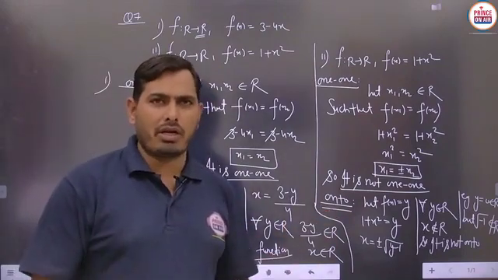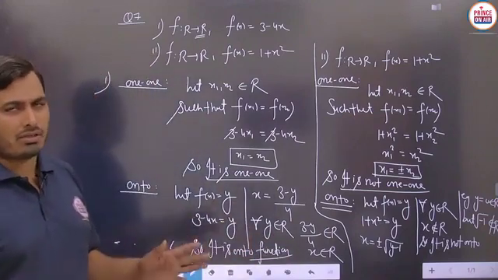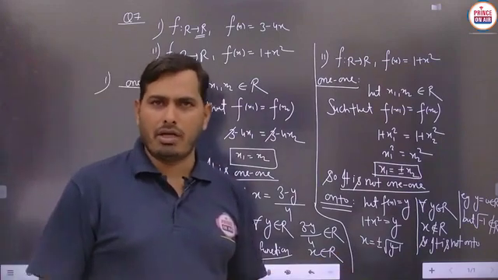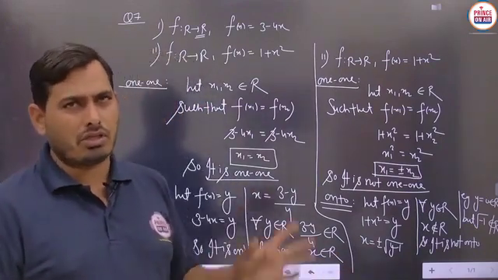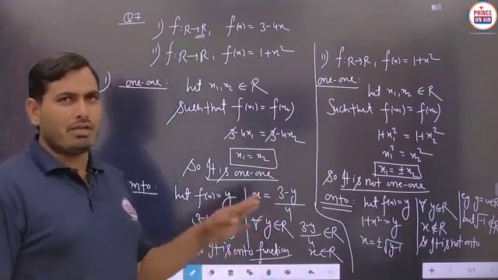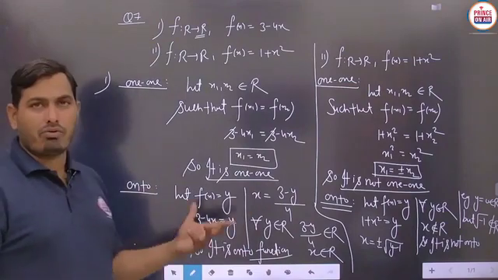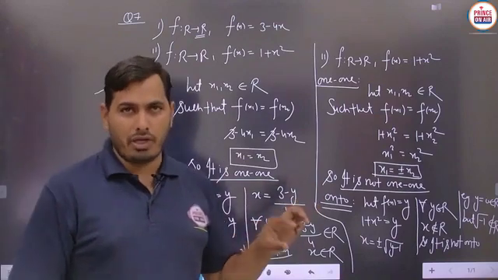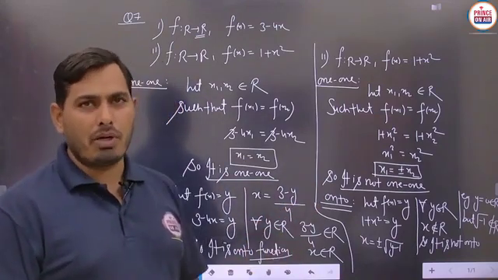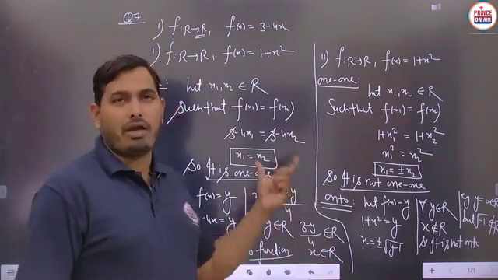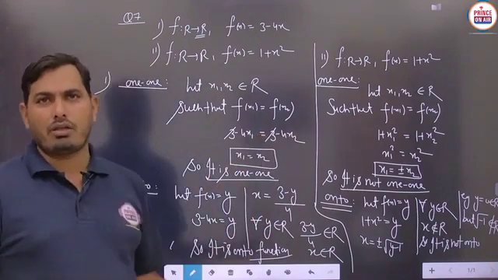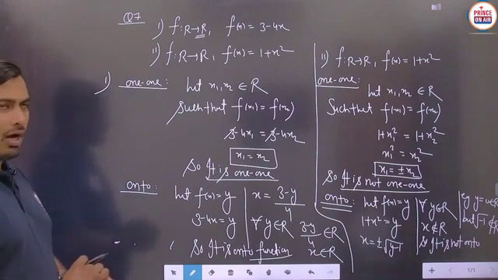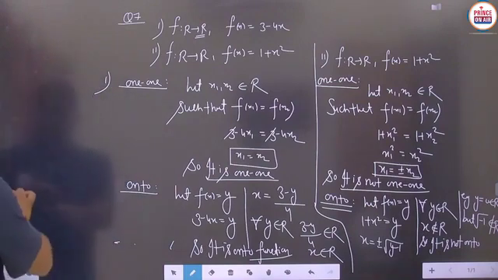In this particular exercise, each and every question has the same phenomenon, either it is 1 1 or not, onto or not. Is it clear? We are only focusing on this thing. So each and every answer you have to see carefully, and after that you have to think about that part. Also you have to write each and everything, so that in the examination there should be no problem in front of you how to write and how to check the 1 1 case and how to check the onto case. Is it clear? So pause the video to note it down. After that we will take the next question number 8.